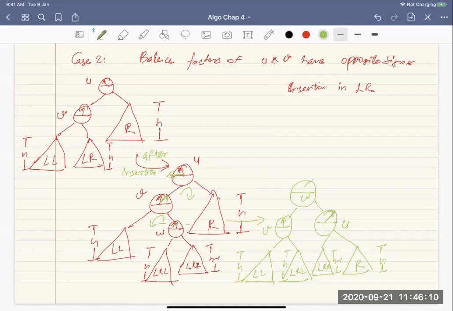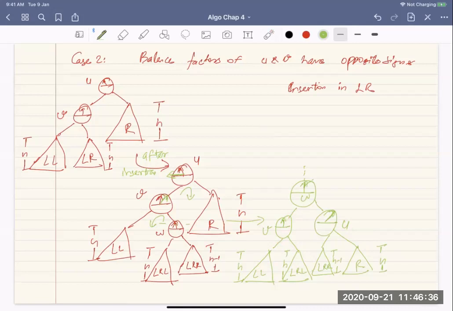Now what about W? In the left subtree, the height is H plus 1. In the right part is H plus 1. So W is completely balanced. And because W is completely balanced, that gives us a hope that possibly we will not have to go up. Yes, we will not have to go up.